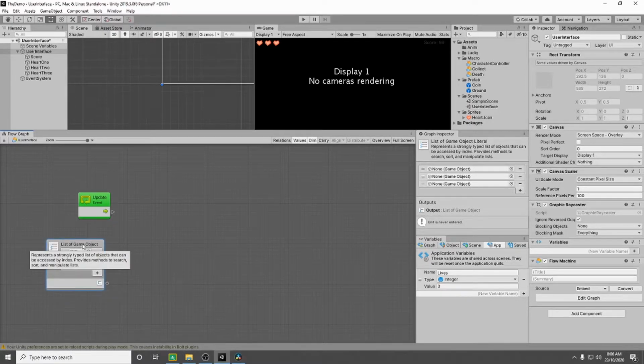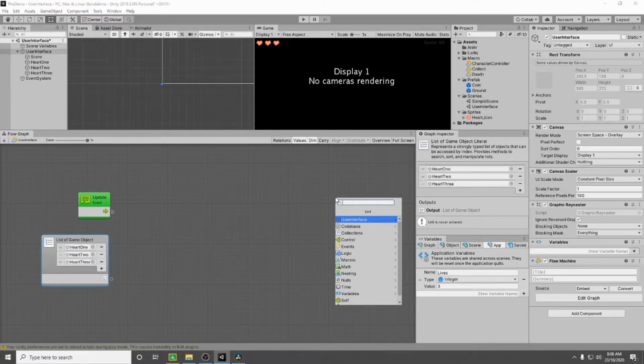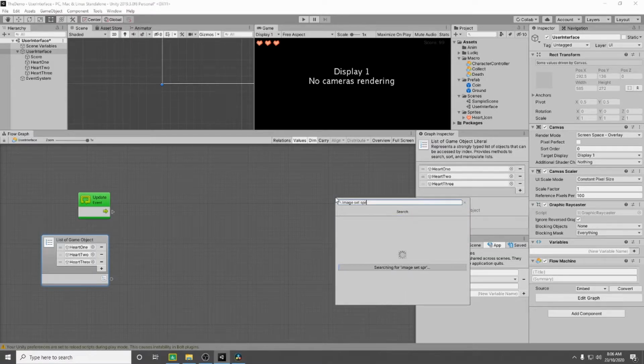So what game objects are we using? Well, we're using heart 1, 2, and 3. So if we just drag those down, we have heart 1, heart 2, and heart 3. Now what do we want to do with these? We want to set the sprite. So if we go add unit, and you go image set sprite,